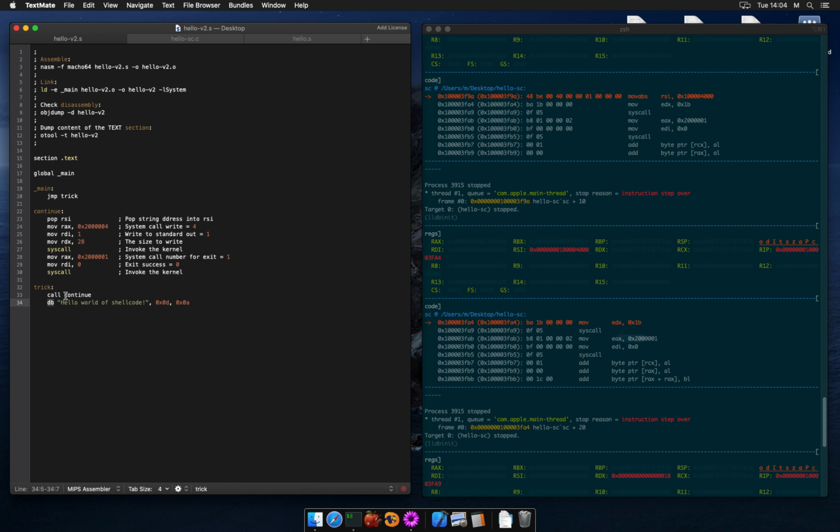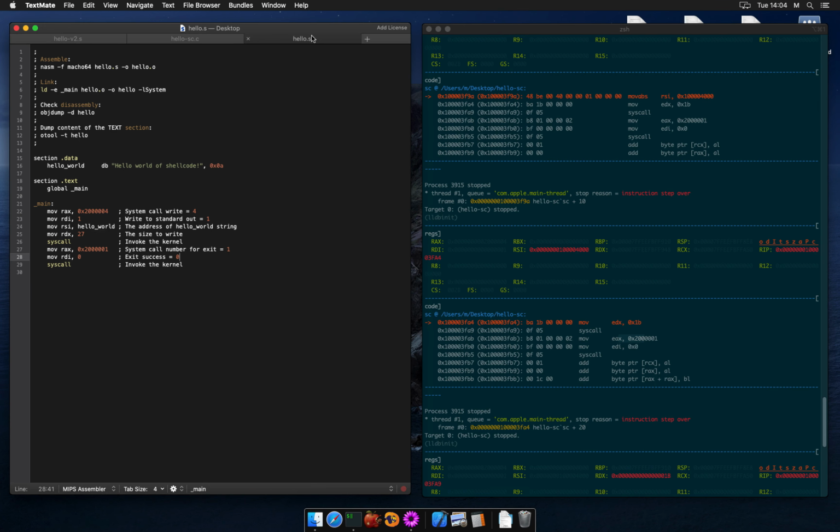Going from the beginning, we start in the main function and jump. Then the call jumps to this label with a very nice side effect of the call. We will have on the stack the address of the string. Look at the first instruction after the jump, a pop instruction which gets the address of the string into RSI, exactly what we need.